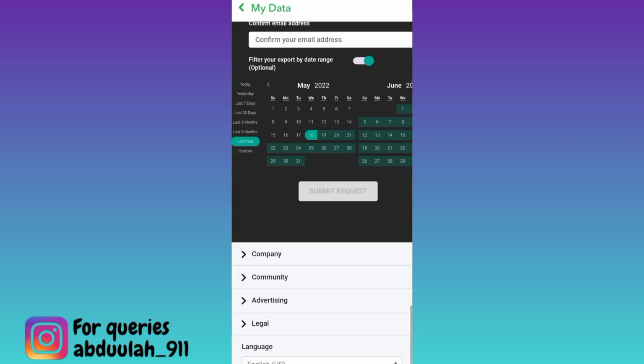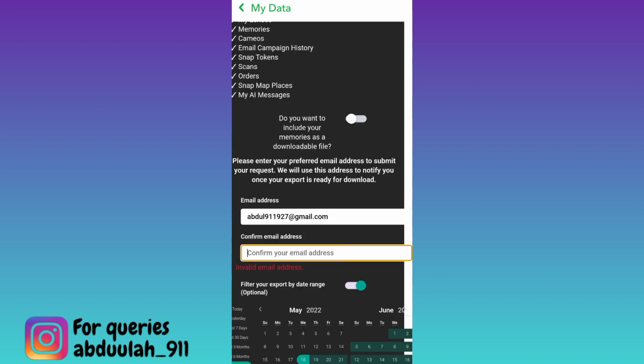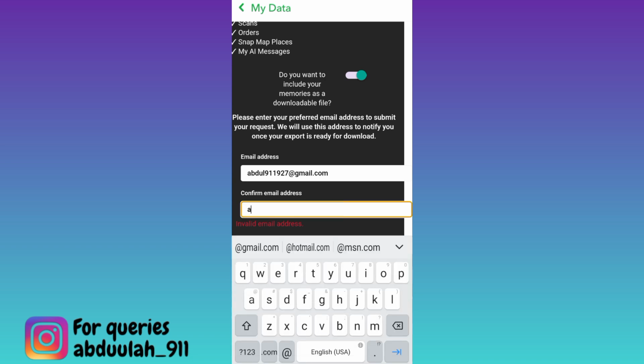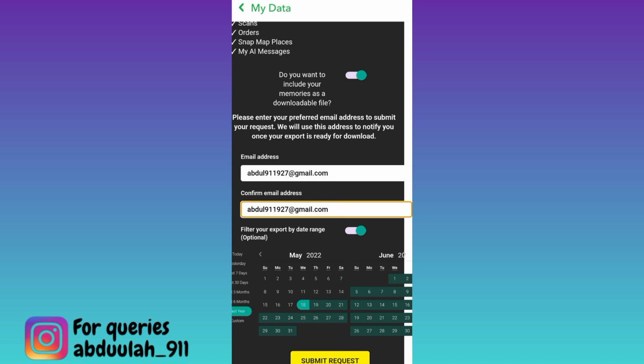Again scroll down, then enable this option that says, "Do you want to include your memories as a downloadable file?" After that, confirm your email address that is linked with your Snapchat account. Once you have done that, click on the Submit Request option, and after that, within the next 24 hours, a